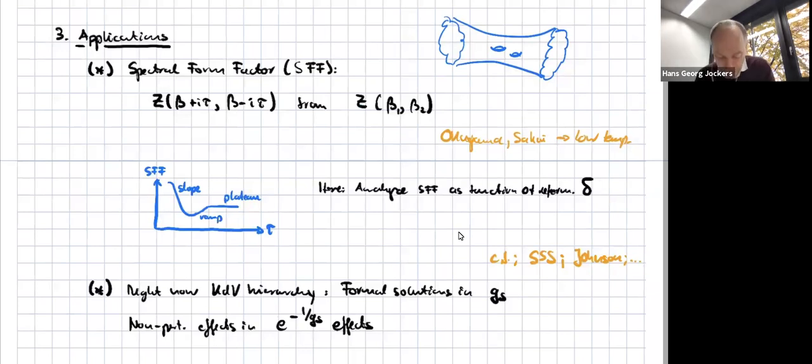This is just an observation that I'm mentioning here, and that we are currently exploring. This is not the final word yet, but it sounds, at least to us at the moment, a plausible explanation: that this is not necessarily a feature directly of the 1 over GS effects, but rather a feature of being able to carry out the sum over all genera. And sure, if you don't take this funny low temperature limit, then if you want to make this series Borel summable, you need to include these effects. So these two statements are closely tied together.